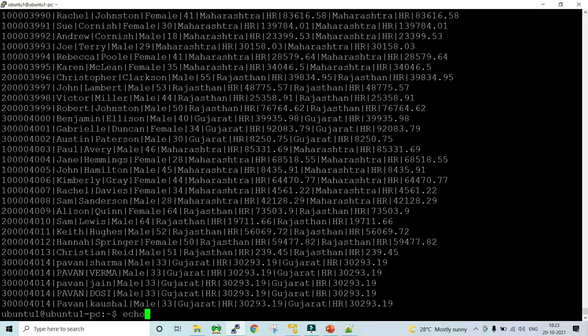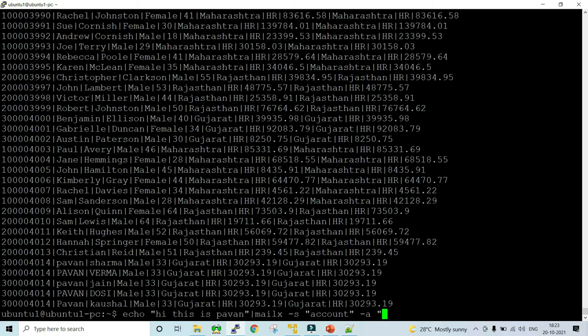So the command will be echo, then the body of the mail, hi, this is Pawan. Now you have to give a pipe symbol, then your mailx command. -s is for the subject line, so the subject is accounts, and then you give -a for the attachment of the file. Now which file do I want to send?